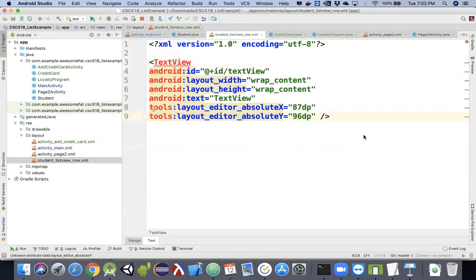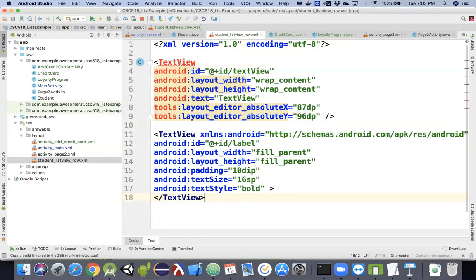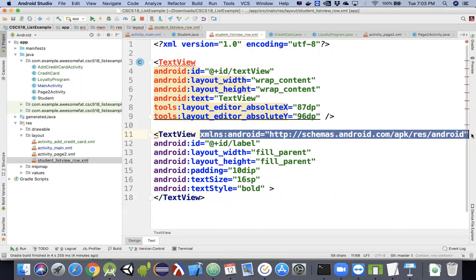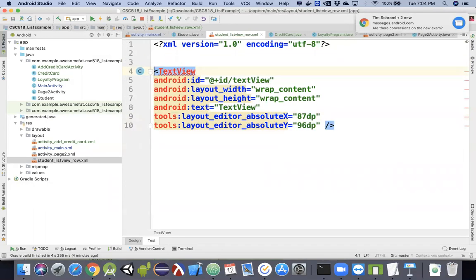So we'll see the difference here. All right, so the thing it was missing is this piece up here that we had from our constraint view. So if I go back here,